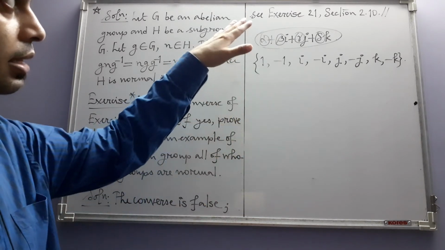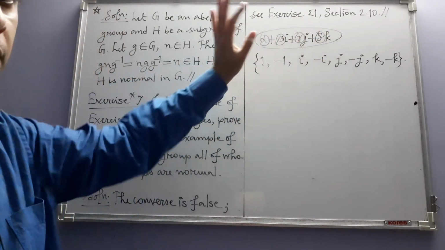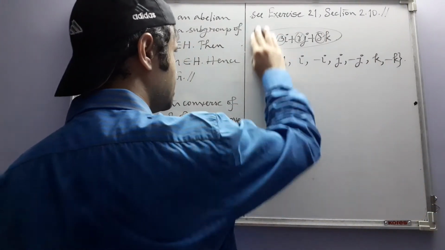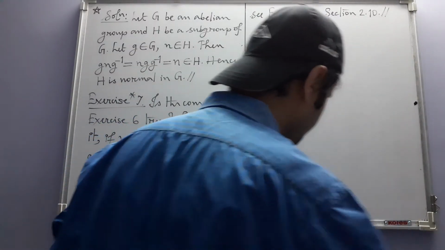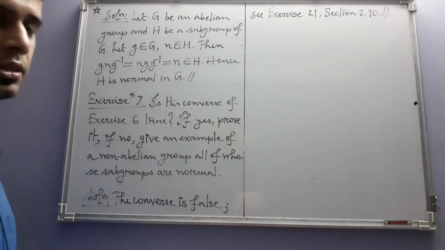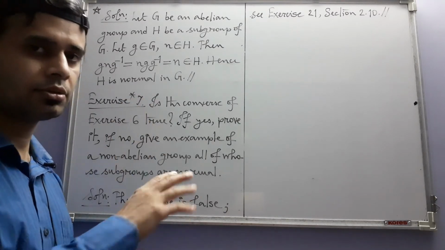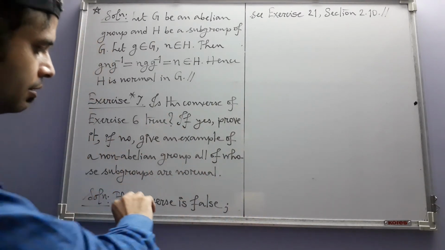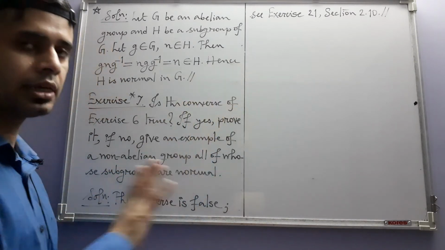The group itself is non-abelian, but all of its subgroups are normal in the group. So it is this example that we have in this exercise. When we solve it, we will know how all of its subgroups are normal and how it is not abelian. So it will be premature to discuss that here. We can discuss it, of course, but since we have to handle it again in that section, we just keep it as a piece of information. Take my word for it, for now at least, that there is such an example.